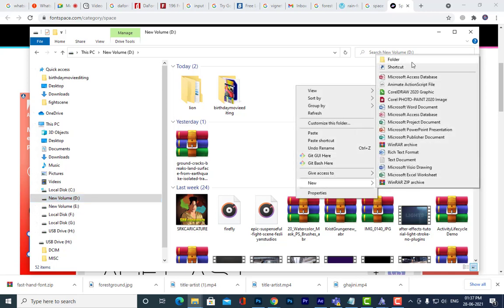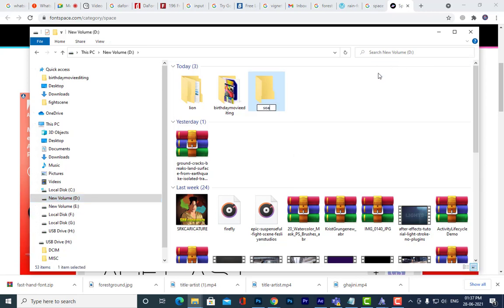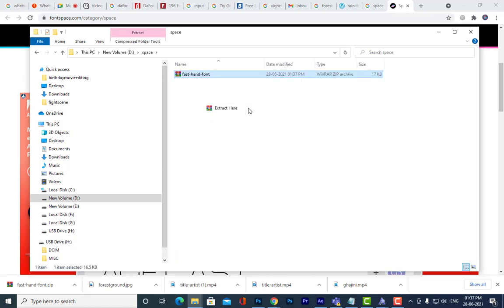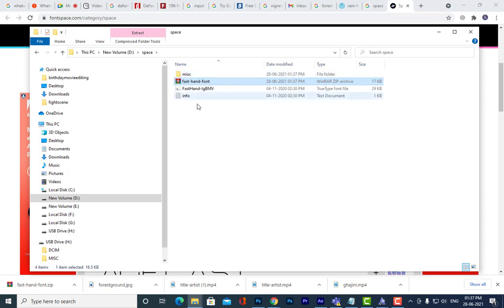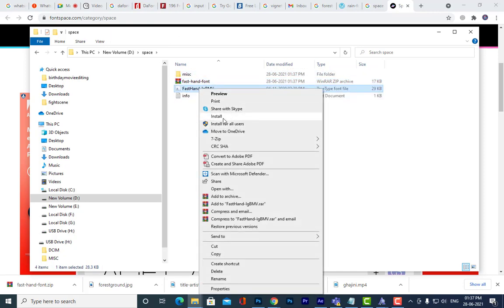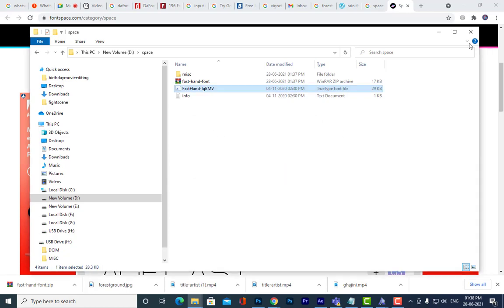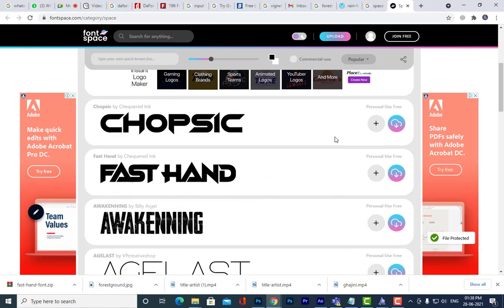Then we'll create a folder, space. Then we'll paste it and extract it. Then we will install it. So what is the font's name? Remember, Fast Hand. Its name is Fast Hand.